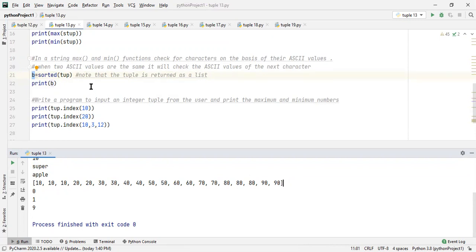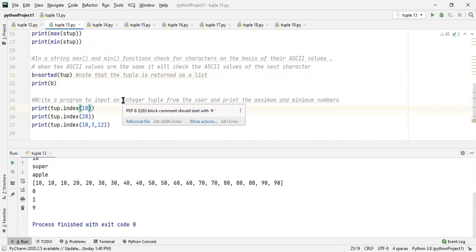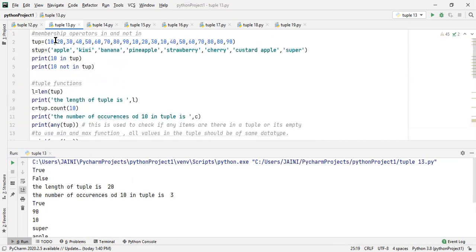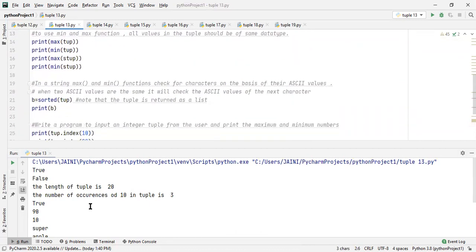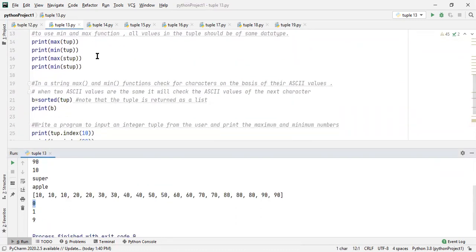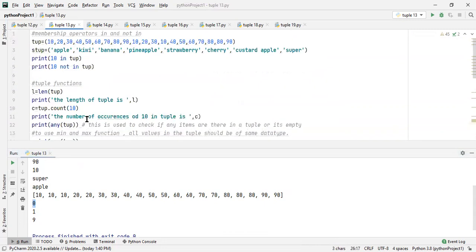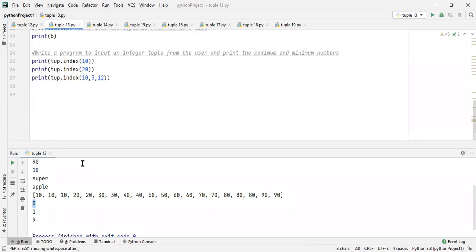Next is the index function over here. The index function will find the first index of a given item and it will return the index. So if I say 10, for example, now my tuple is over here. 10 is on the 0 value over here. So I should get 0. But then I'm saying 20. So 20 is on the first index number. So I get 1. Now look at this. This is different. Even in the index function, this is different.